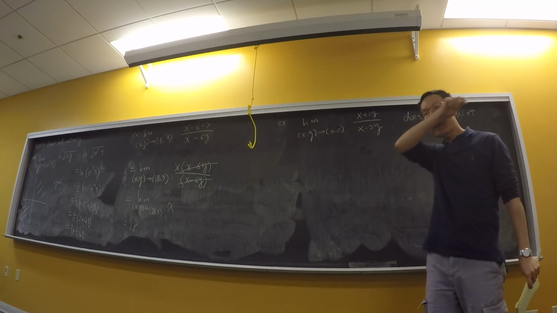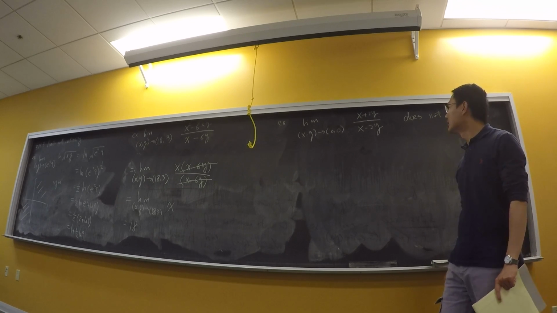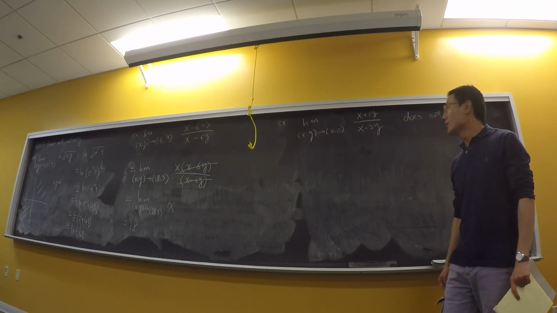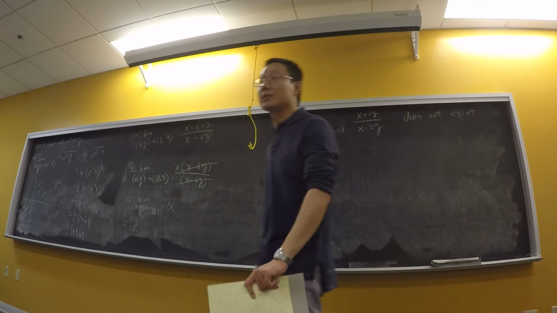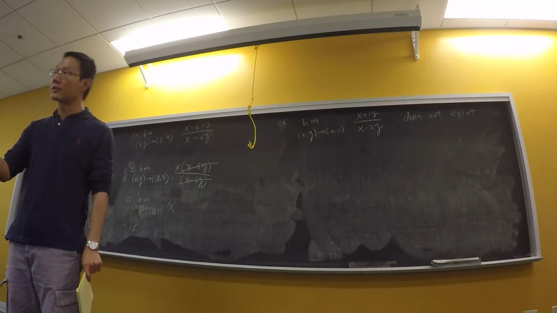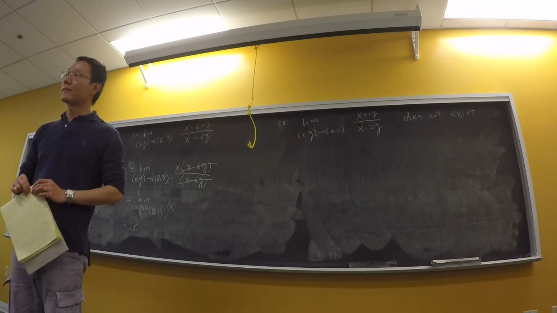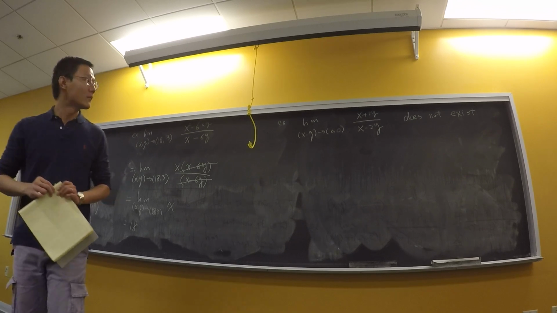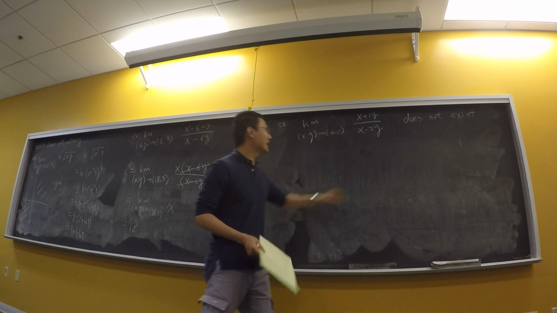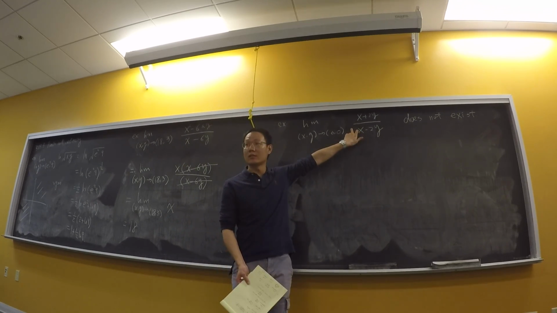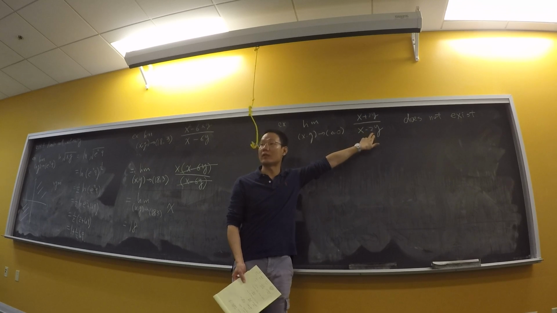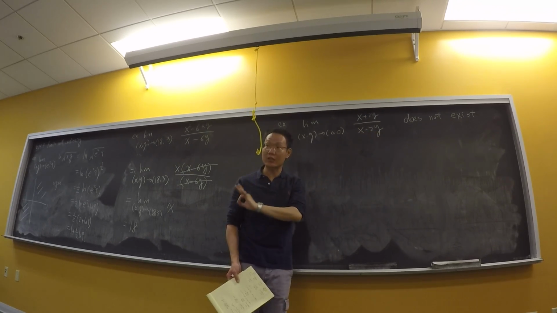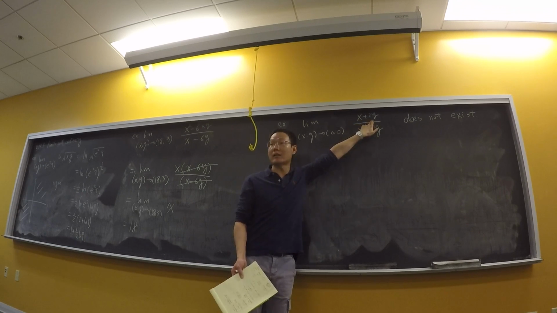Can't you take the natural log of that, and then you would end up getting e to the 0, which is 1? You can take the natural log, but you're actually changing the function. Introducing a natural log is going to change the domain. But if you introduce it into the limit and solve for that, you get 0, and then if you change it back, it'd be e to the 0, which is 1. But if you're taking the natural log, you're changing the domain of this function. The domain of the function is only x minus 2y not equal to 0. But if you're introducing the natural log, you're requiring x plus 2y is positive, and x